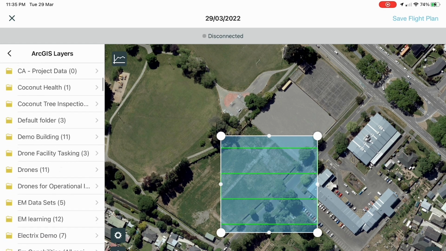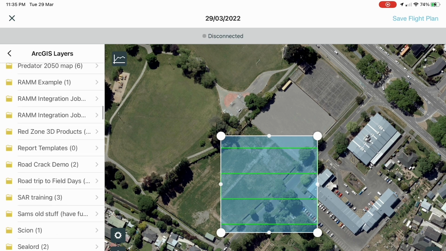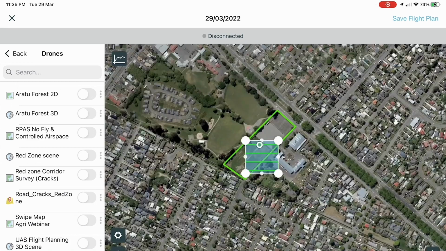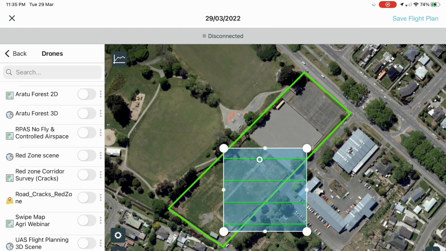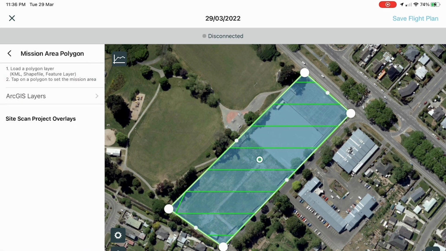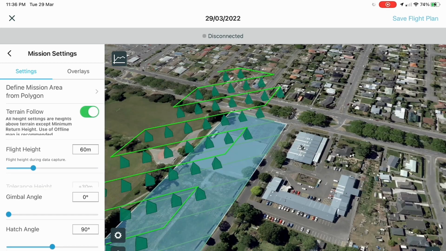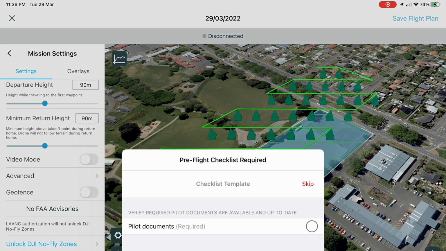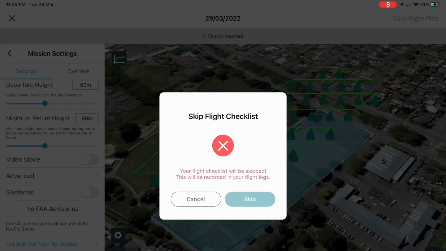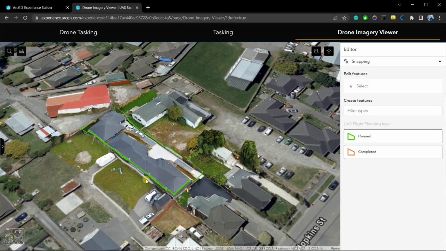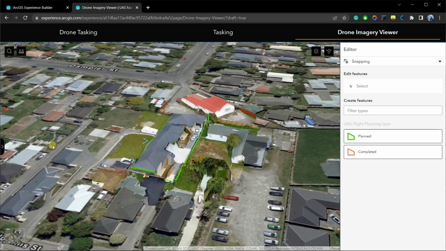Here in this flight setup, I can bring in both my workforce layer, filtered by assigned tasks, as well as the polygon features for the desired coverage area. A new capability of SiteScan Flight is to automatically adjust the flight boundary to existing ArcGIS Online layers, saving pilots time in the field, as well as improving repeatability of flights, such as this facility scan. Next, it's just a matter of hitting fly and sending the images to SiteScan Manager for processing. Back in the office, my facility manager now has access to the processed imagery products to interrogate the facilities from the comfort of their own desks.